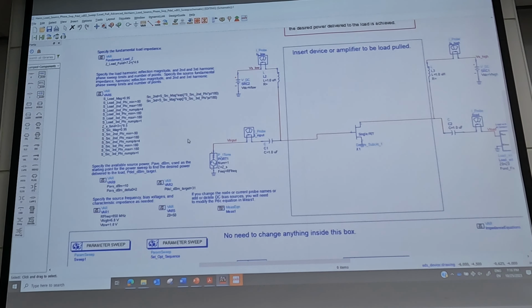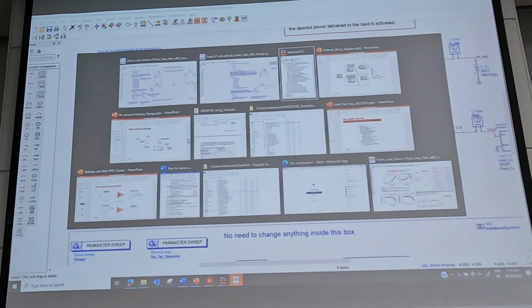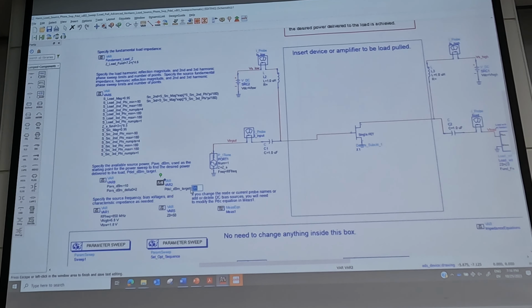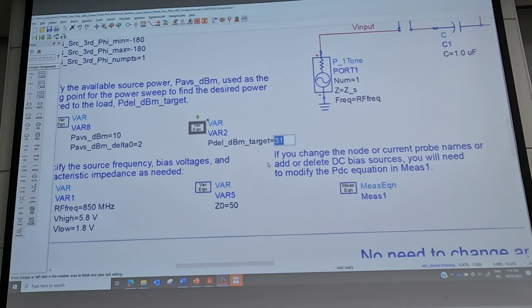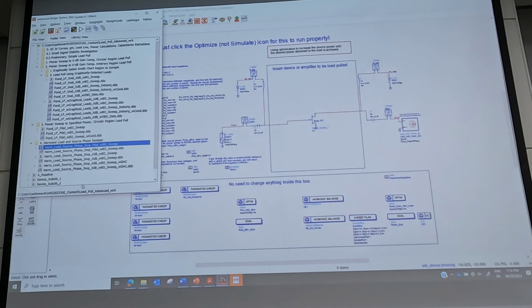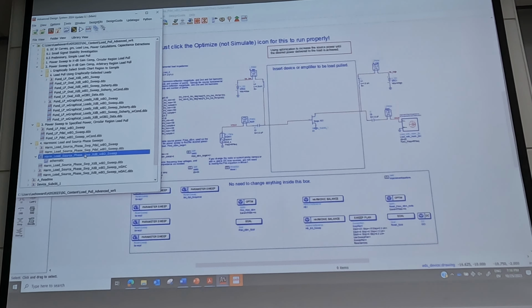And then you can do two setups here. One version is you can tell it to sweep the source power up to a specified power delivered, or you can tell it to sweep the source power until you reach a specified gain compression amount. So if it says P del, then it's going to sweep the source power to hit the target that you specify. Otherwise, it'll sweep to the XDV gain compression point. So this one is, say, for XDV gain compression.